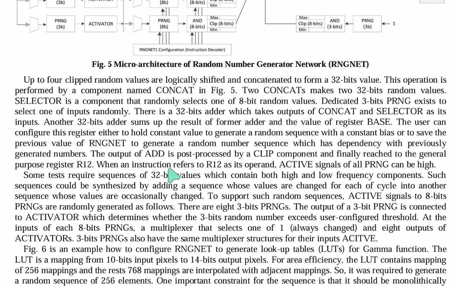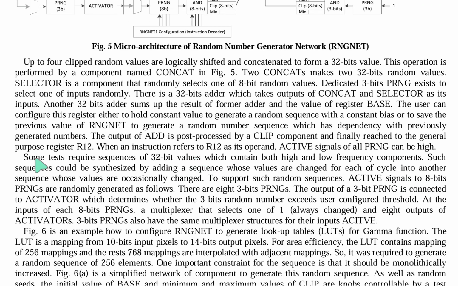When an instruction refers to R12 as its operand, the active signals of the PRNGs can be high. Some tests require sequences of 32-bit values which contain both high and low frequency components. Such a sequence could be synthesized by adding a sequence whose values change every cycle to another sequence whose values